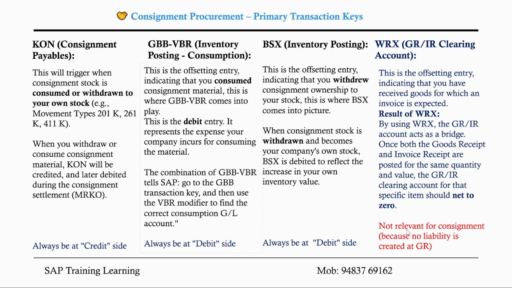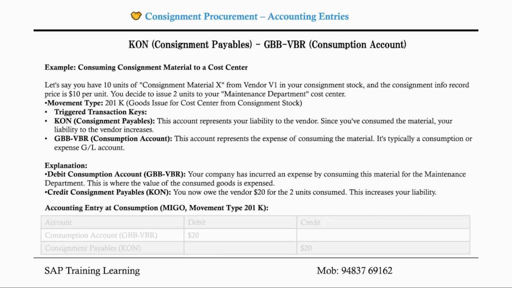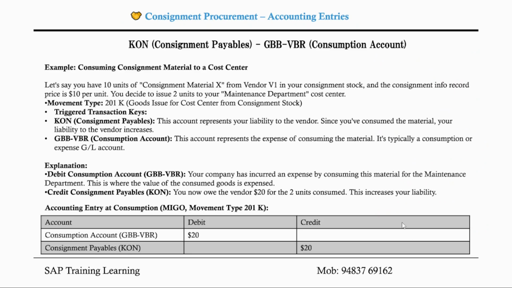Now, this is not relevant for consignment because no liability is created at GR. You know, right? For consignment procurement, at the time of GR, there will be no accounting entries. So, I've given examples of understanding more of consuming consignment material to a cost center. If consignment material is consumed to a cost center,